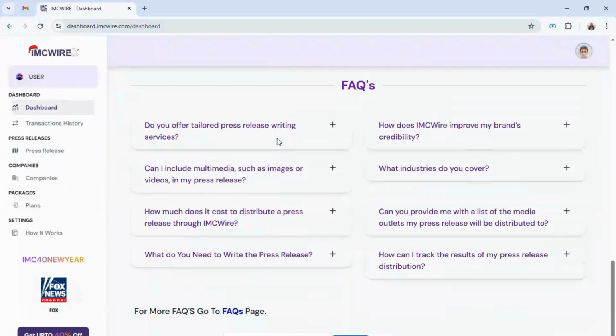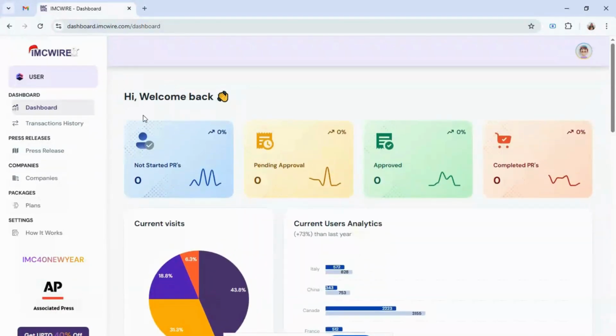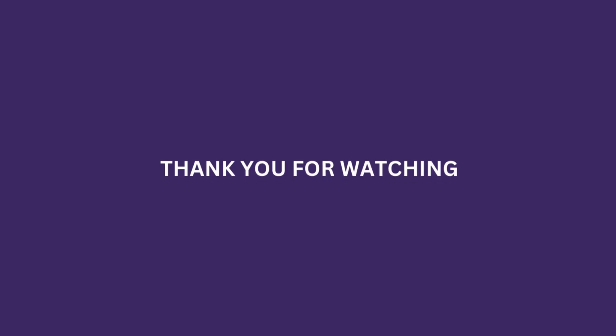Don't worry. After about 5 minutes, IMCWire's professional team will verify your proof of payment. Once approved, you'll receive a payment confirmation notification in your inbox or even your spam folder. Reload your dashboard, and now you'll see the payment